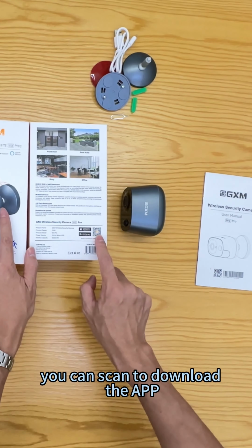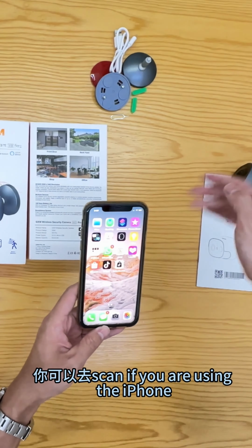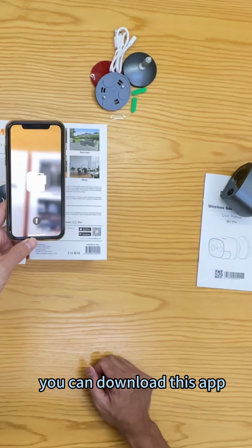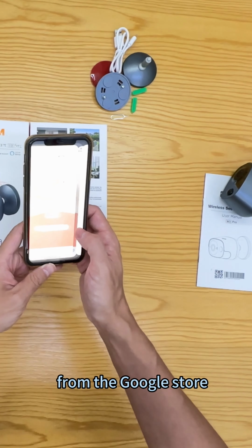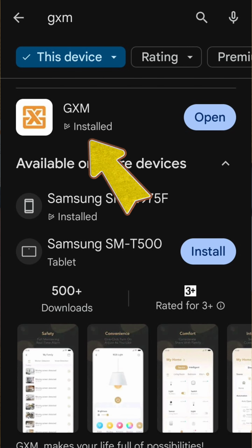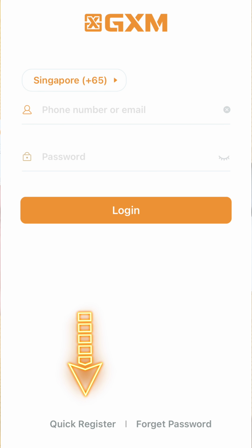Okay, this is the QR code. Okay, you can scan to download the app. 好，我们来 try to scan 啊。你可以去 scan. If you are using the iPhone 啊，可以直接去 scan 这个 code. Or you can download this app right from the Google Store or the Apple Store. Apple Store is called the GXM AI. In the Google Store, you call the GXM. 好，我们来哈。